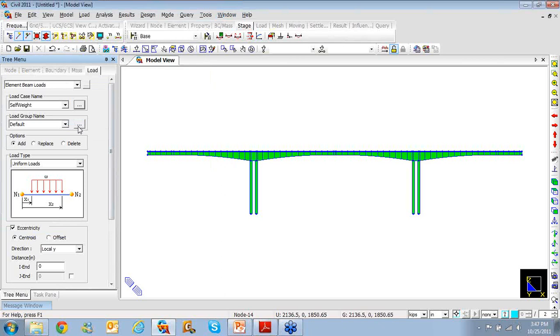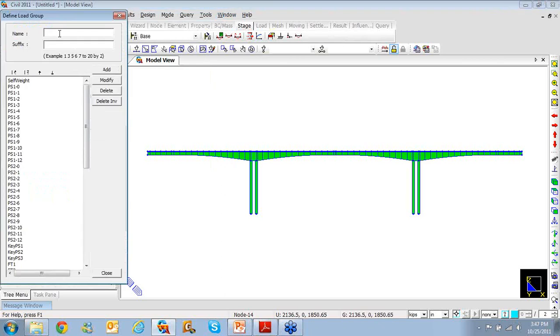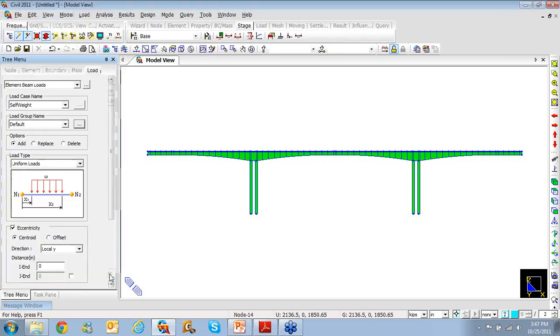Then similarly I'll define the load group. I'll click on the button with 3 dots, enter the name as SDL, click add and then click close. So now under the load group name I can scroll down and select SDL, and under the load case name also I'll select SDL. So basically this load case is being placed under this load group, and